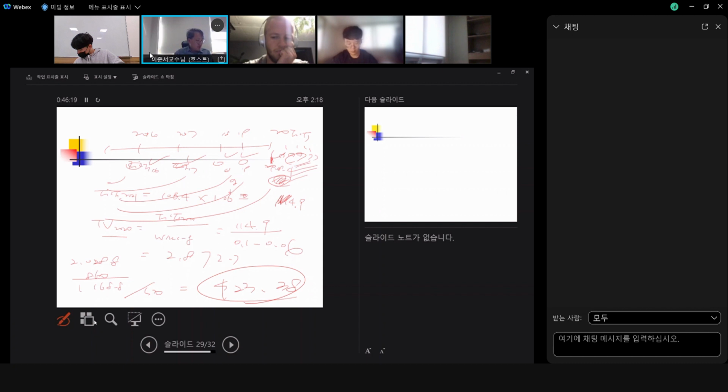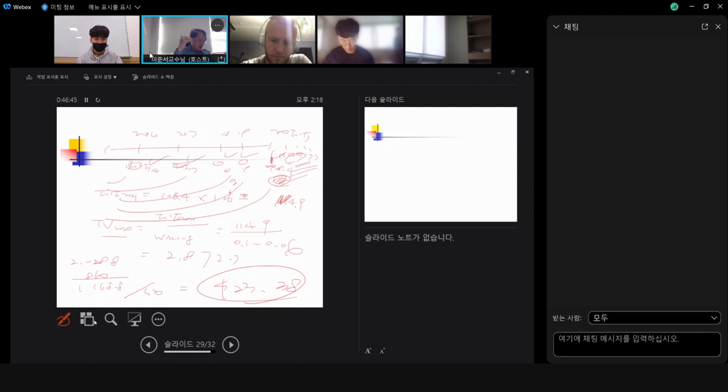So you don't have to know the detailed procedure to get the free cash flow. But the procedure to get free cash flow, you need to know, right? So once we calculate the free cash flow, then we need to calculate the present value of free cash flow,